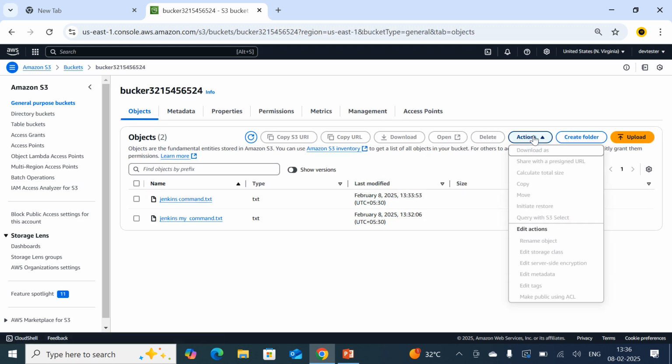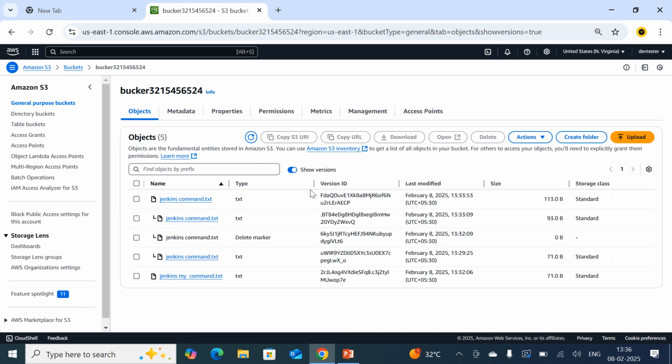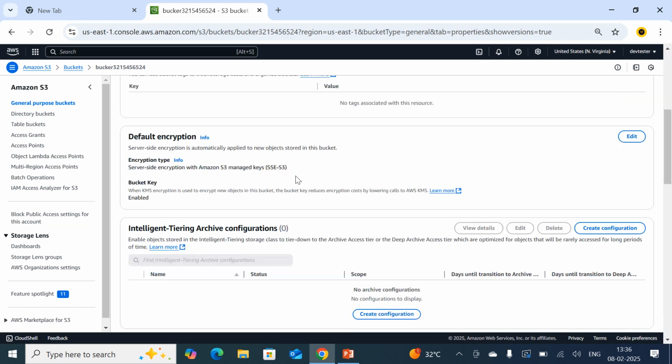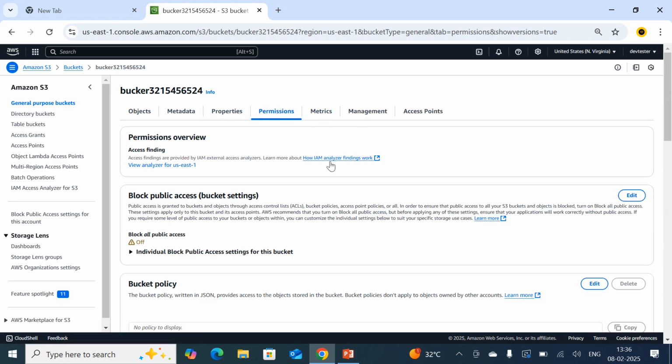So show versions, if you enable show versions, it is going to show the multiple versions of your file. And properties, so you can see the different properties related to that.